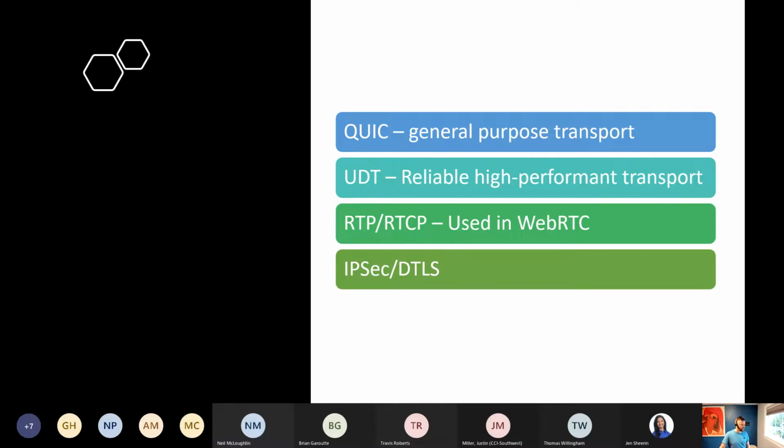There are standard protocols like RTP or TCP that are used in WebRTC, the same WebRTC that is used by Teams that we're using right now. And one last implementation that I would say is less ideal is just using the IPsec VPN that is UDP based to